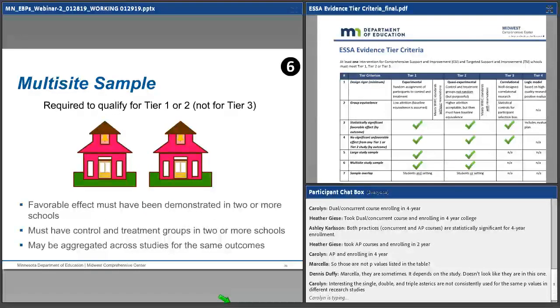Criteria 6 is that it's a multi-site study sample. I'll just tell you right now, 95% of studies are multi-site samples because the bar is relatively low. It's that favorable effects are found in at least 2 or more schools, right? So if you find positive results, you just need to make sure that the study describes a research design that includes at least 2 different schools of students. Most studies have more than that, but again, 2 schools or 2 districts, 2 states, etc., and you've met your